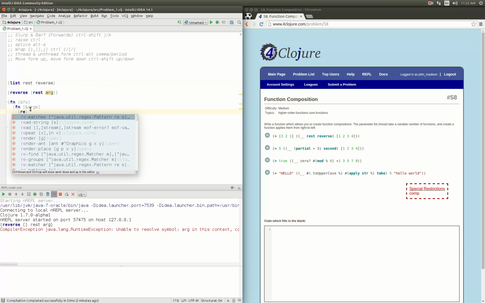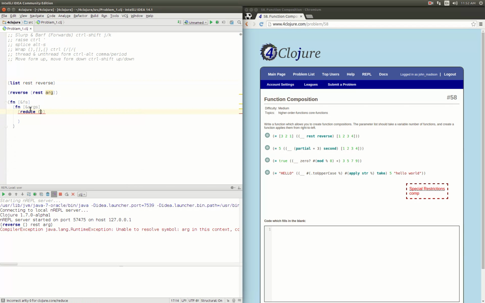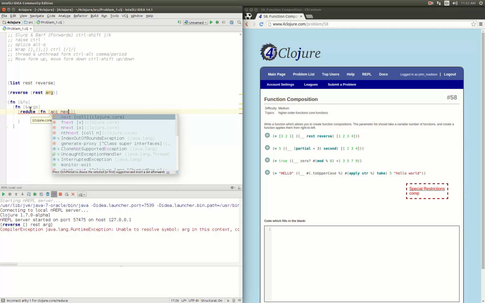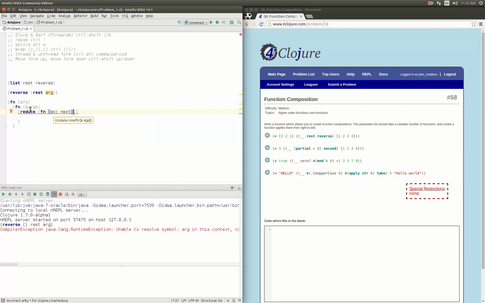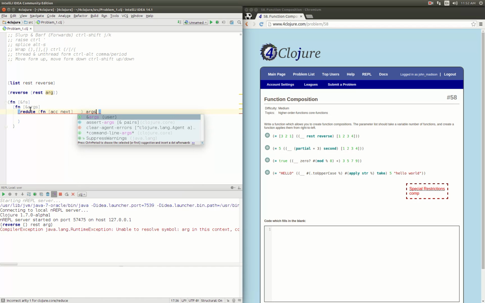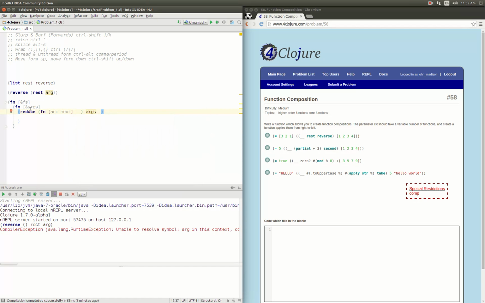So we're going to do reduce. It will take a function. The reduce function will take two arguments. The first will be, we'll call it the accumulator, and then the second one will be the next value. Alright, and then for our initial start here, our first accumulation is going to be the args, and then our list that we're going to be reducing is